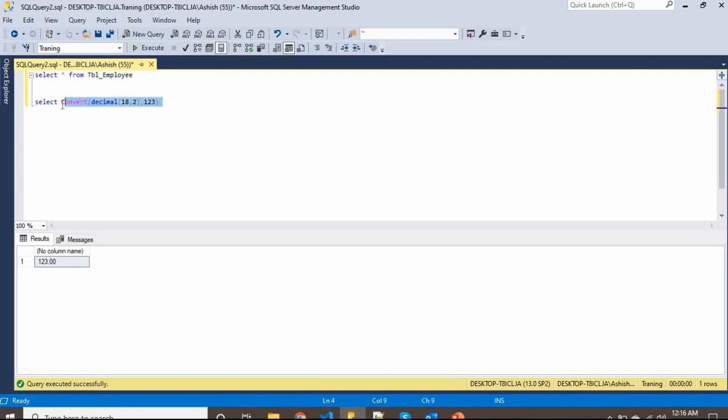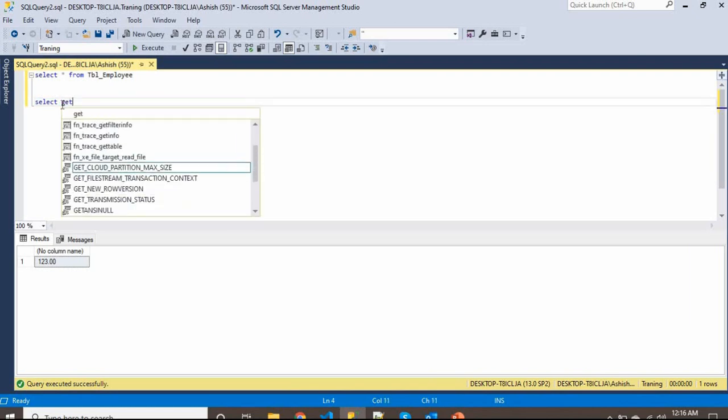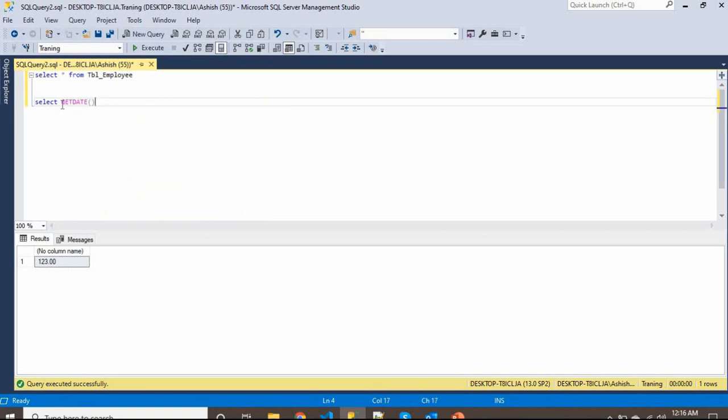One more thing: suppose you are displaying the date like this. This is the value that comes by default in the date: your date and time, hours, minutes, seconds, and milliseconds are showing. But suppose you don't want to display that, or you want to display something else, so you have the function convert.